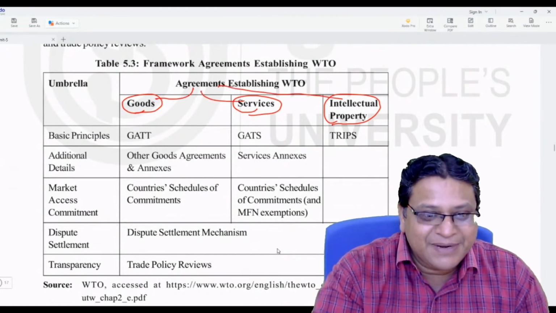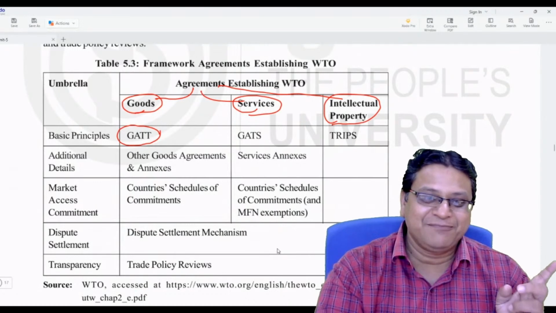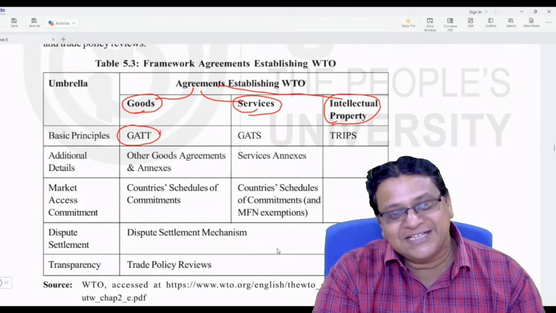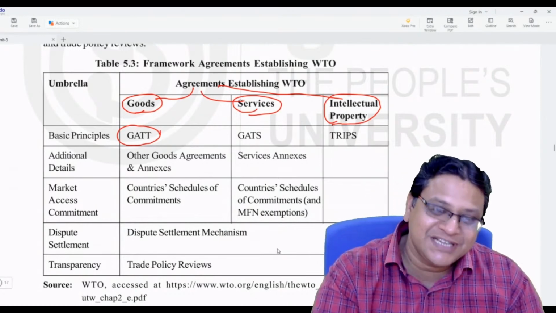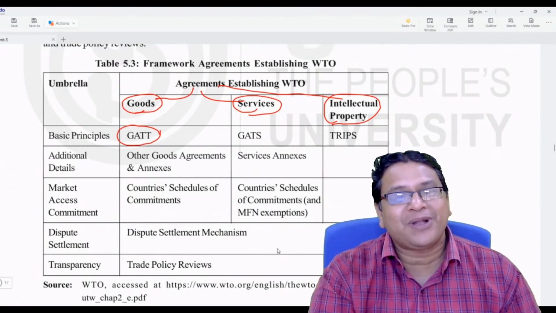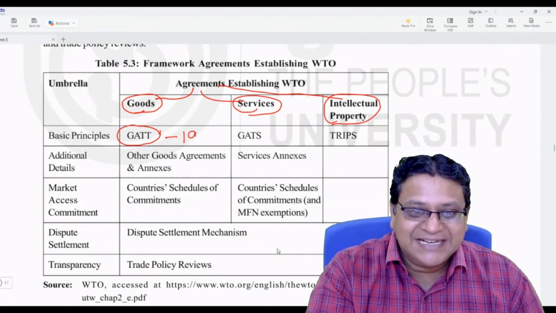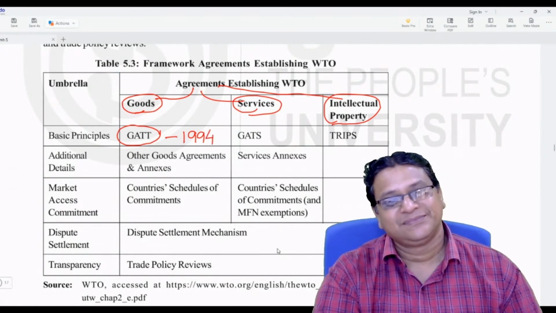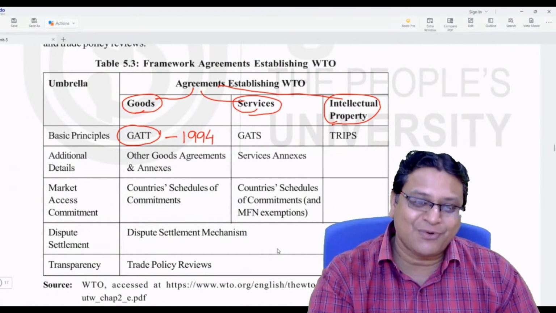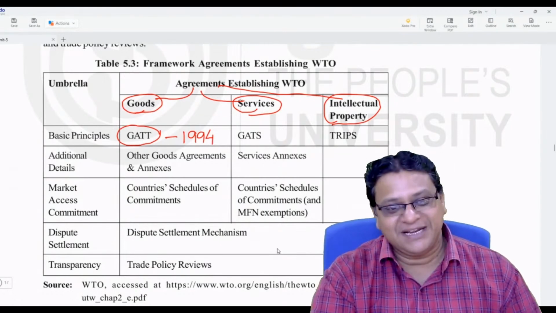The goods related agreement is known as GATT. We have discussed what is GATT. GATT was there from 1947 to 1994. But once WTO was framed, GATT lost its relevance, but GATT became a part of WTO. This is the most important agreement of WTO, that is the GATT agreement. But this GATT is GATT 1994, not the old GATT, and it consists of all rules and regulations which were there from 1947